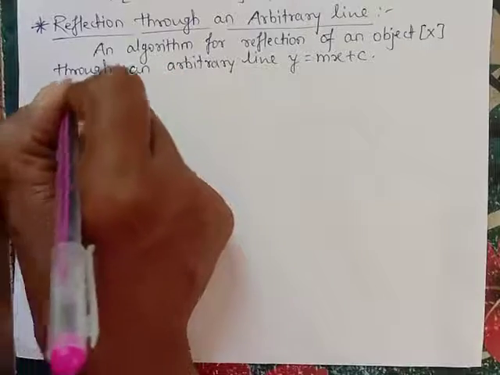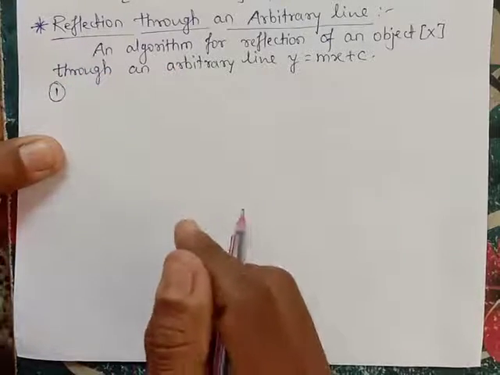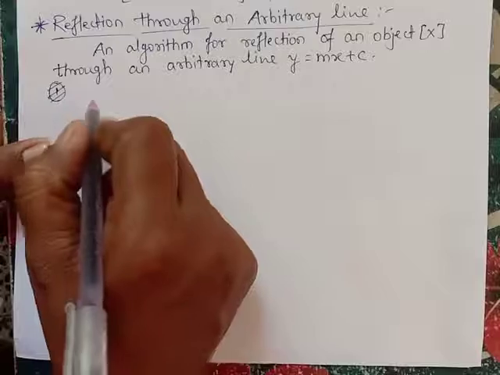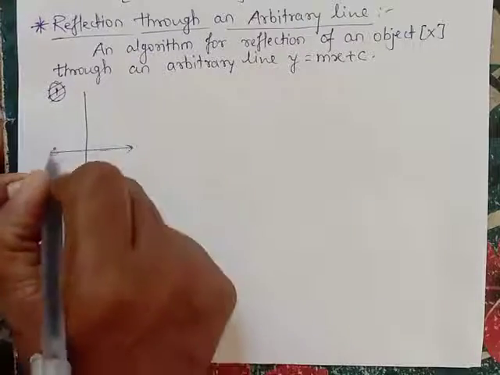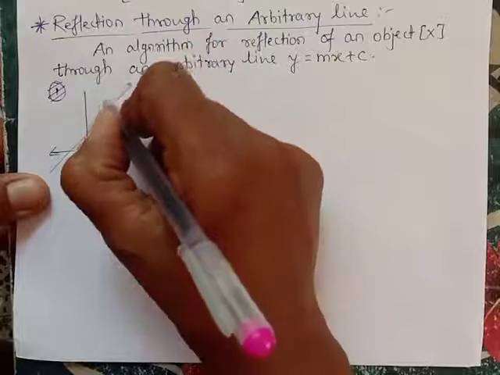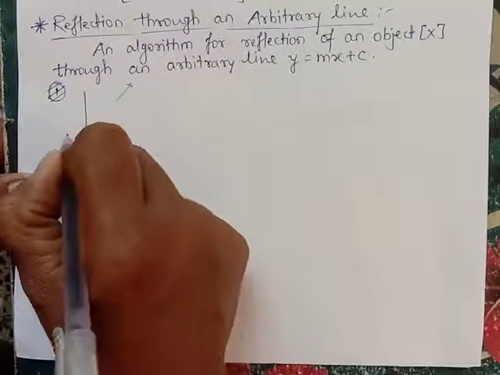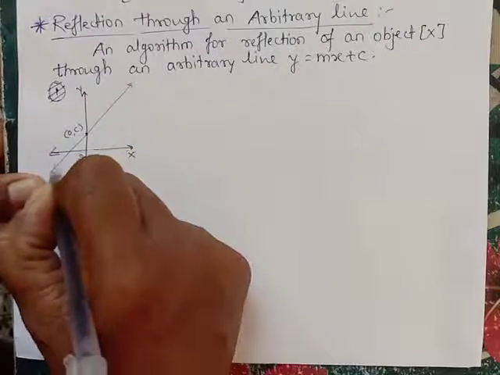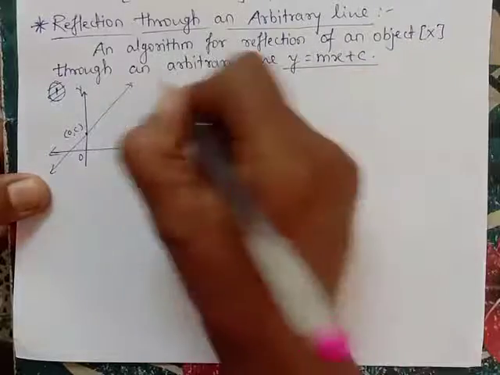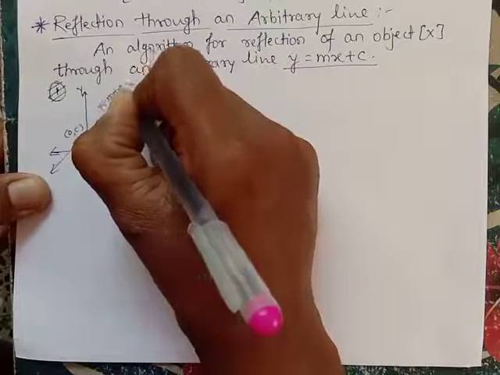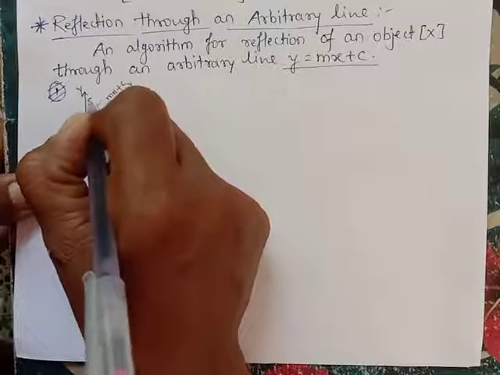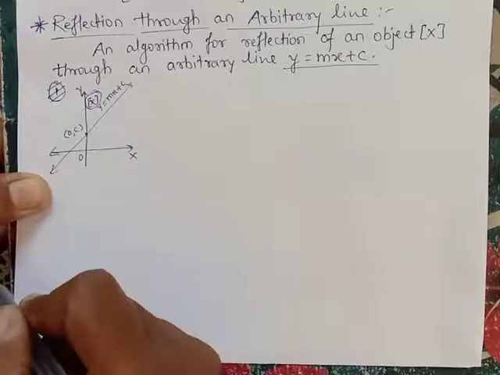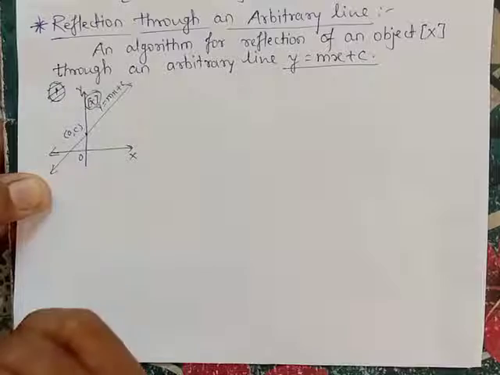now what is it exactly? Let me explain first. Basically, let me write those steps later. Basically, suppose this is a line y is equal to mx plus c. Then this point having the coordinates 0 comma c, because it is the y-intercept, right? This is our line y equal to mx plus c, suppose, and somewhere here the object occurs. Okay, so here our object, suppose, and we have to reflect that object through this line.